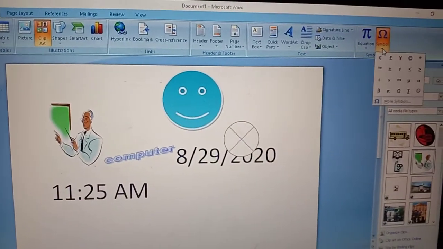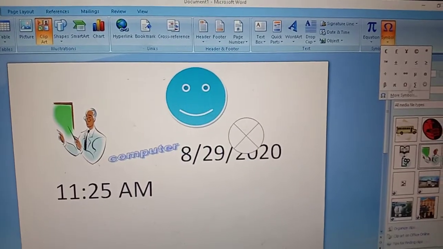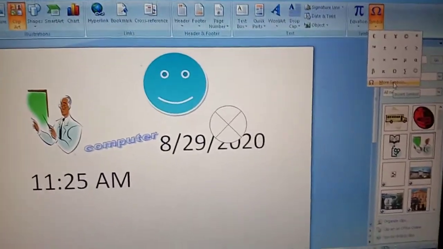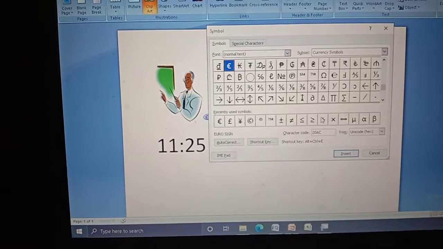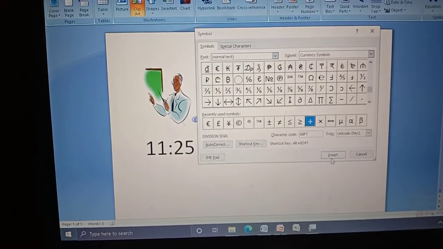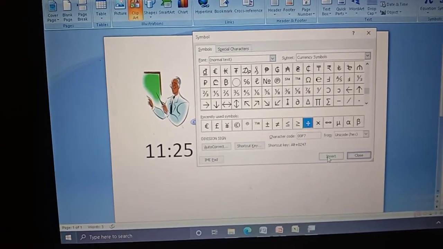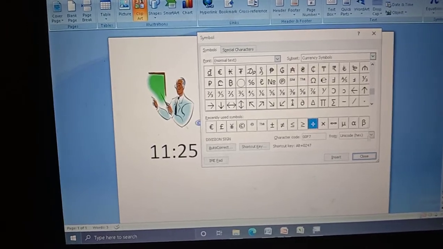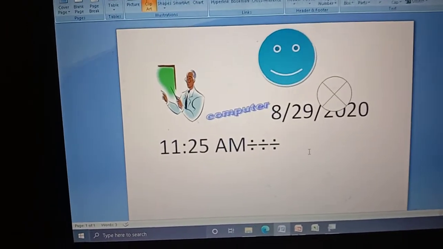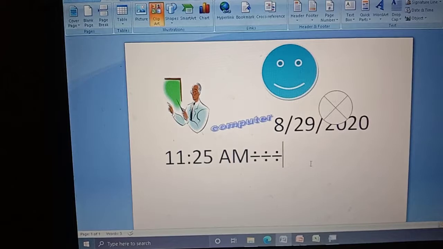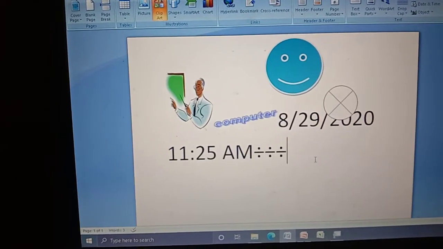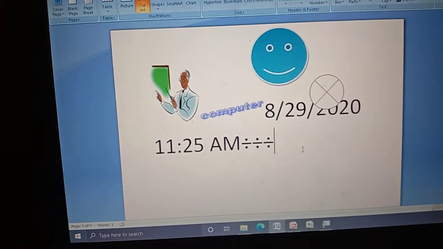You just click symbol. We'll get a n number of symbols here. Even we'll get more symbols also. You just select the symbol and give insert. Here the symbol is inserted, right? So based upon your interest, you can apply any symbols here.